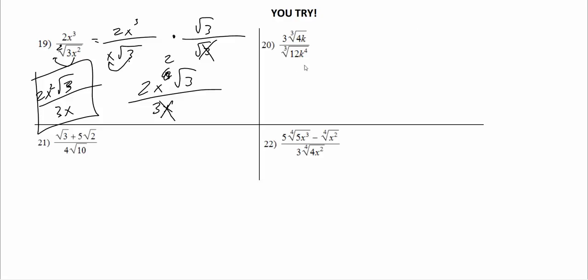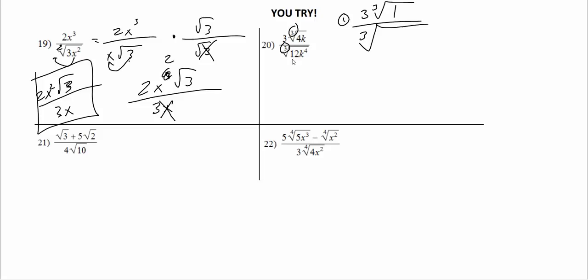Number 20, let's break it down first. All right, number 20. There's a couple different ways we can do number 20. I'll do it both ways. Actually, I'll show you here the differences between them. So the first way is, because these are the same indexes, 3 and 3, I can simplify the numbers inside first. So this really simplifies to 3 times the third root of 1 over 3 times, or I'm sorry,